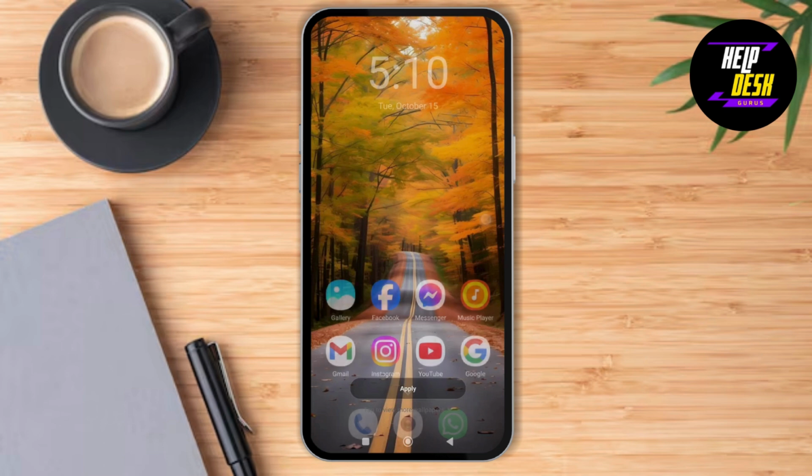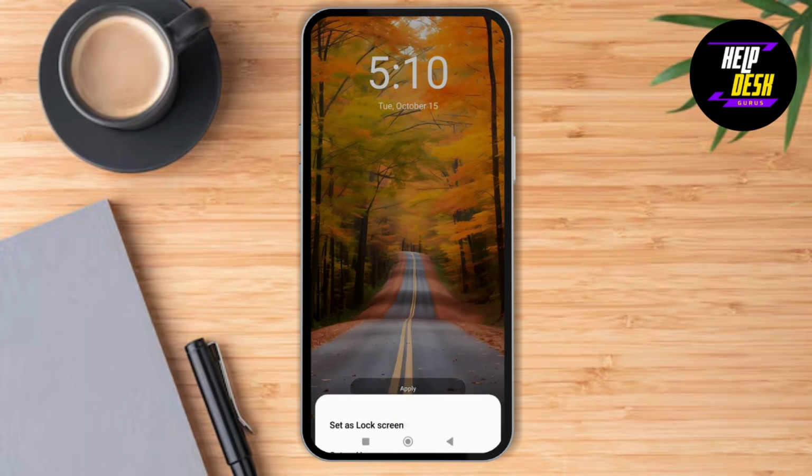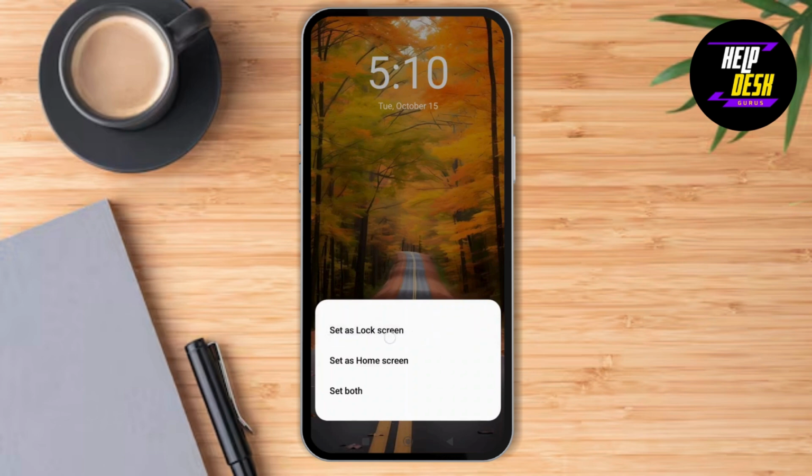So you can select whichever you would want, or you can set it for both by tapping on apply, and then you can set as either lock screen or home screen, or you can set for both. Now I would want to set this for lock screen, so I'm going to tap on set as lock screen,